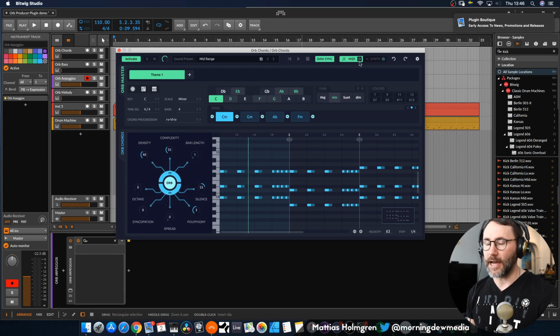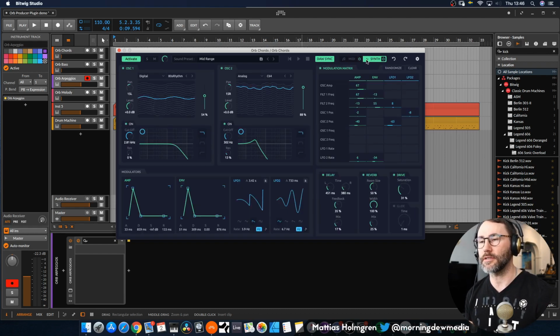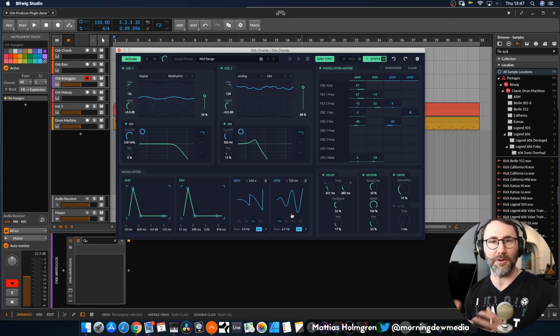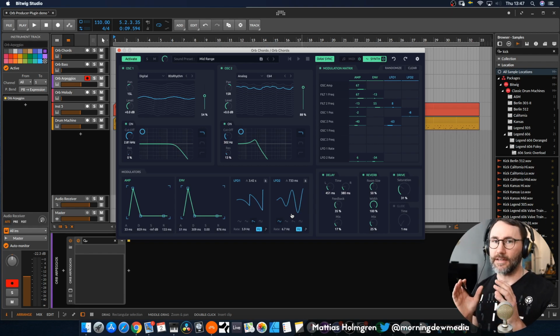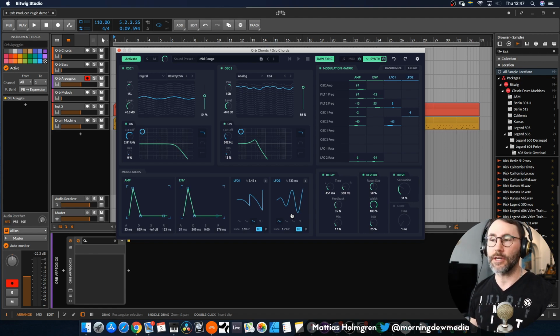And here we have the MIDI tab, and that is for the Orb chords and the Orb's master section. Then we have also a synthesizer. So in all of these plugins you have wavetable synthesizers integrated within the plugin. So even if you don't have these extra plugins like Serum, Zebra or Omnisphere or whatever favorite synths you like to use, you can still utilize the internal wavetable synthesis within the Orb Producer Suite. And it's a quite capable synth.